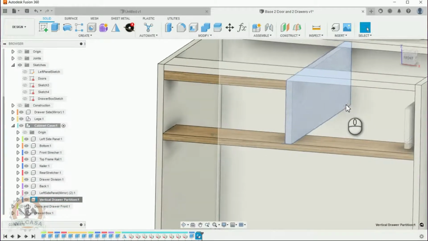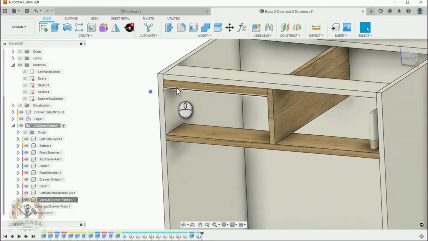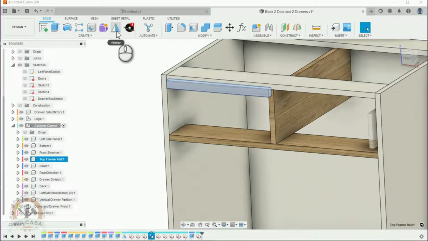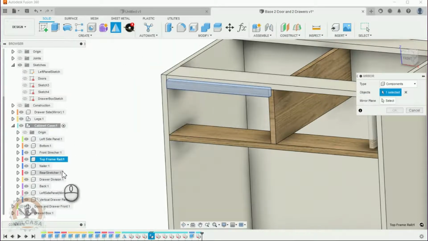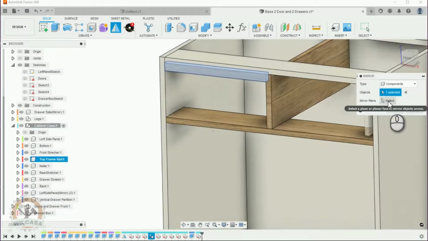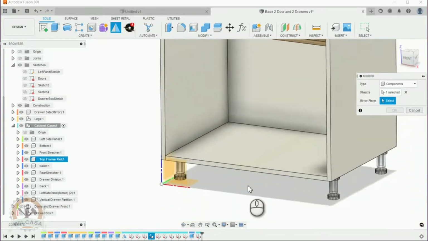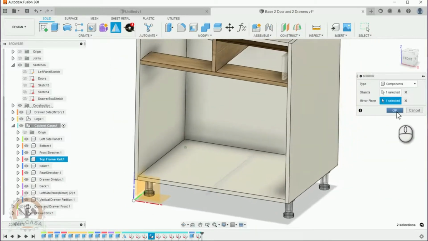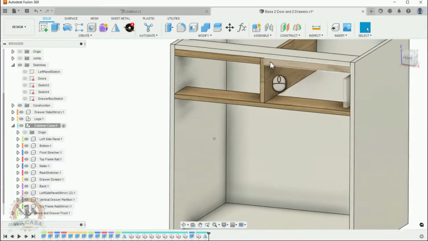What I need to do is to mirror this part because I don't want to do another one, the top frame rail. So I will just hit mirror over here, and I will show the construction over here on the browser, and I already have the component selected. I just need to select a mirror plane. So I will hit select, and I will find my mirror plane over here, which is this one. The mid plane of the cabinet case is this one over here. So I'm gonna hit OK, and I will have my other mirror